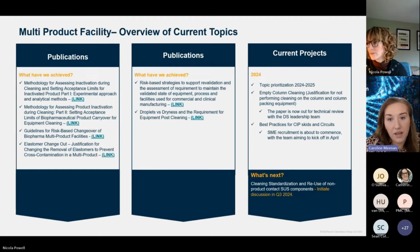The team have identified their next paper, which is best practices for CIP skids and circuits. So that's all agreed with the L2s. Our next team call is on the 22nd of March. And within that, we're going to be calling out then for authors of that paper with a view of kicking it off. So if this is a topic of interest to you and you're not currently on the multi-product team, or you are on the multi-product team but you haven't engaged in a while, then we welcome you along. There's still plenty of time to get onboarded into the team and take part in the discussions from the outset